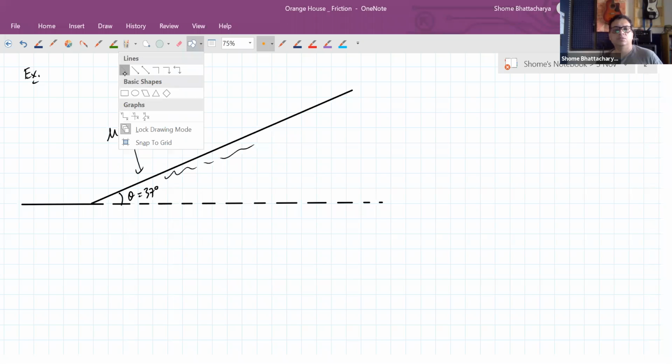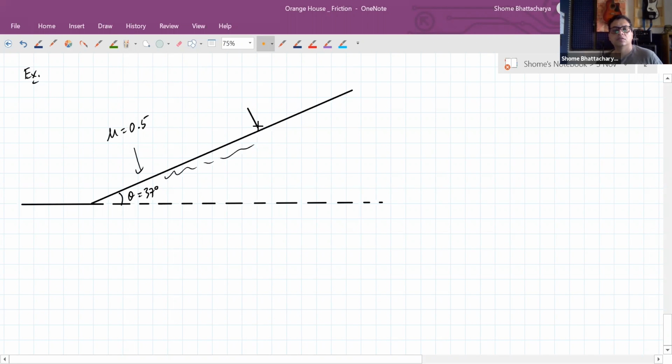Now if we place a block on this surface, first of all, you know that if it is just placed, it will tend to slip down the inclined plane. Because what was the condition for equilibrium on its own? It was that mu should be greater than tan theta. So any block that is placed like this over here, it will tend to slip. That is something you should understand.